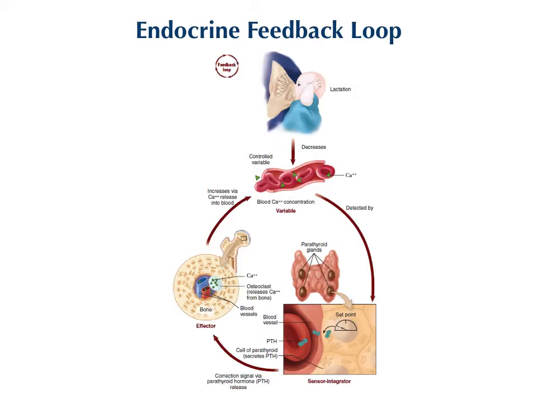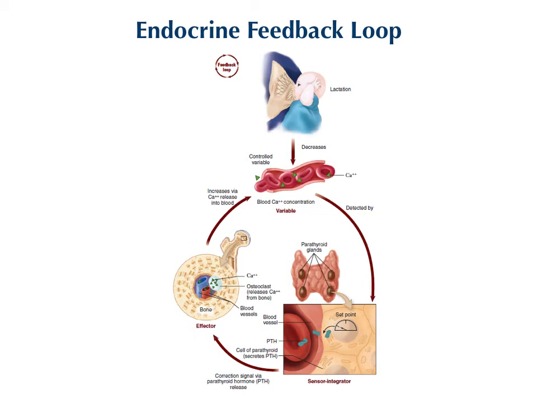And let's look at an endocrine feedback loop. This is an example of a short feedback loop. The parathyroid gland, which releases parathyroid hormone, will control the level of blood calcium. When lactation, or milk production in a breastfeeding woman, consumes calcium and lowers blood calcium concentration in the mom, the